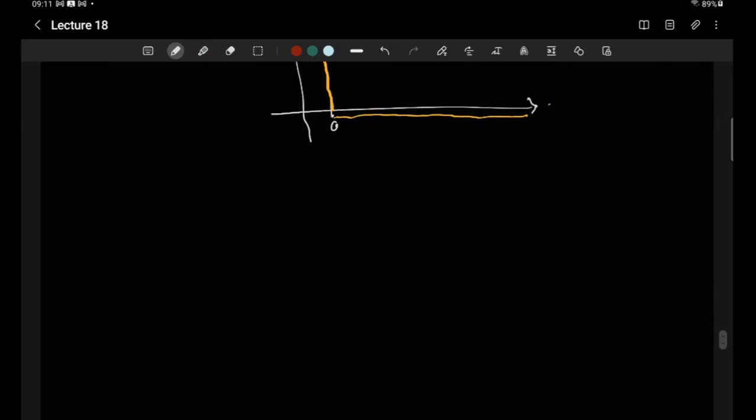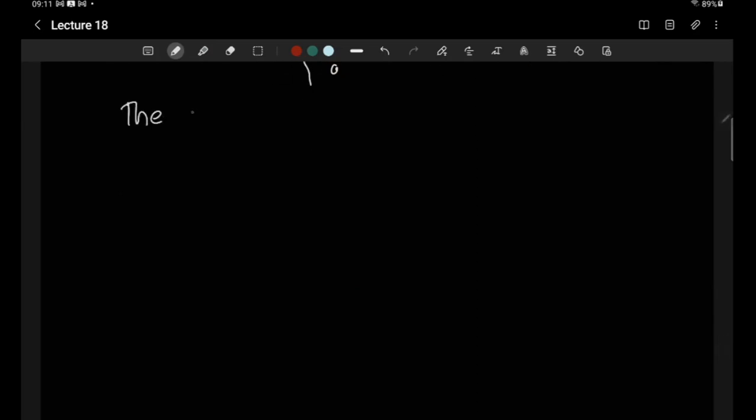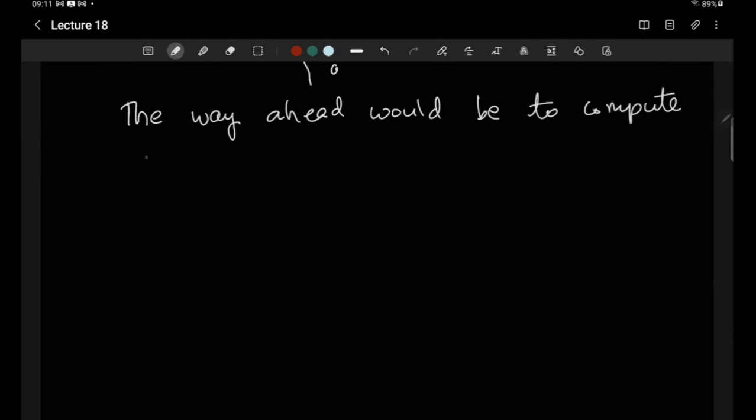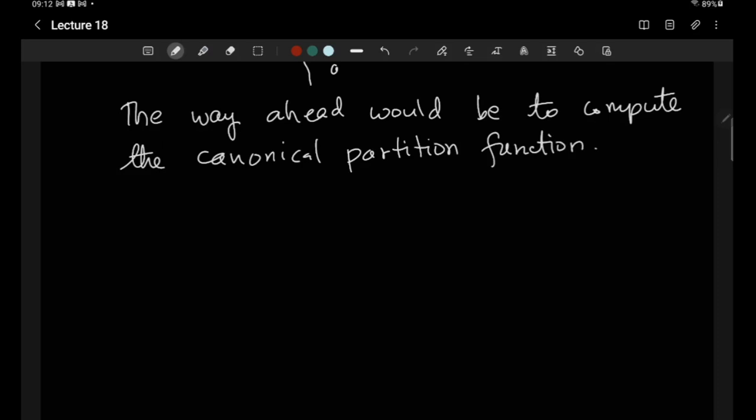So we need to put this in. Of course, the way ahead would be to compute the canonical partition function, which is something like this. Z would be some integral